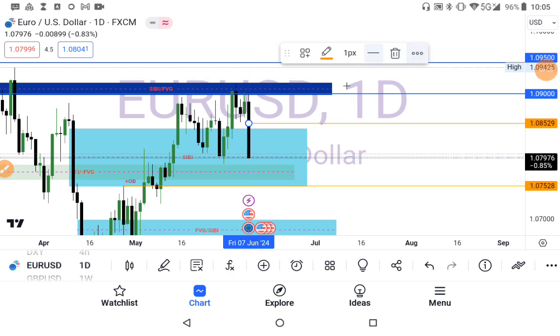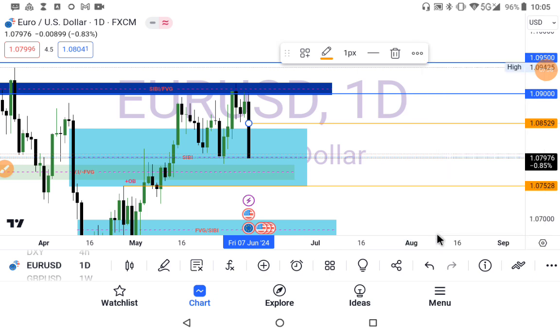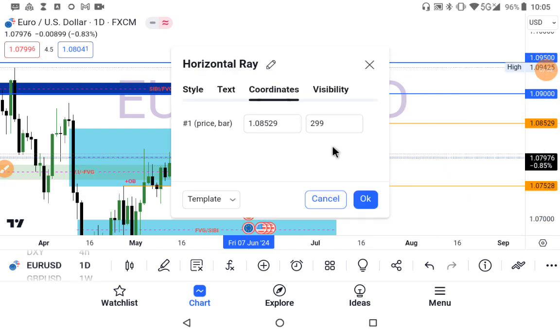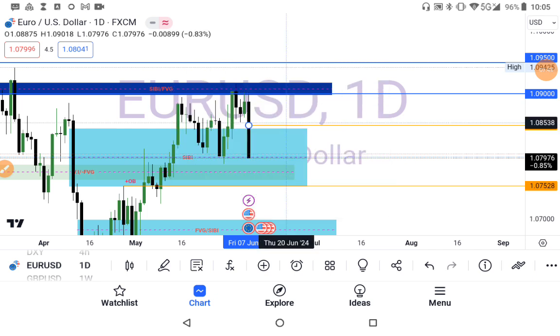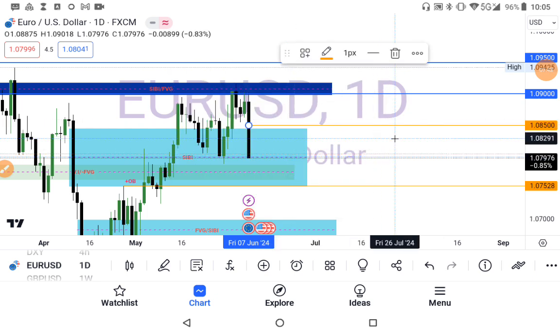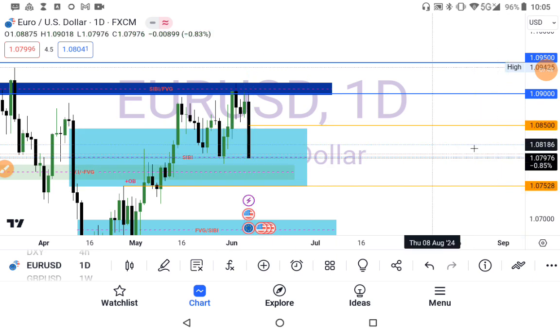Let me get the coordinates right. I will be watching out for 1.08500. I'm expecting that level to serve as a kind of resistance to the price,